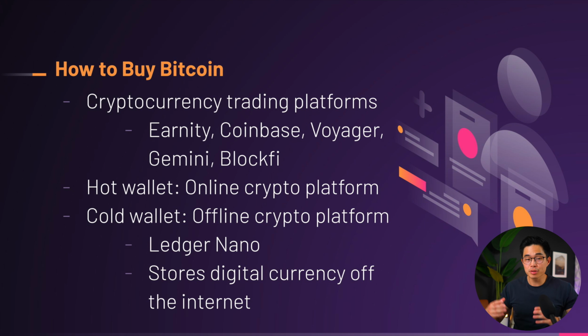Now, I will say that the absolute most safe way to hold crypto is to actually get a cold wallet. A cold wallet is basically a physical device that can plug into your computer and keep your currency safe from the internet. If you were to keep it on a platform, you would be holding the currencies in a hot wallet, and that does run the risk of the platform being hacked, and then you would potentially lose your money. So one particular cold wallet that's very popular is the Ledger Nano, and that's one that I actually have, but I think this only makes sense if you have a significant amount of crypto holdings. If you don't, then holding it on a trading platform like Earnity or Coinbase or whatever is pretty much what everyone does, and it is very safe.